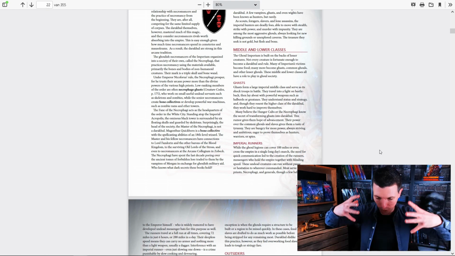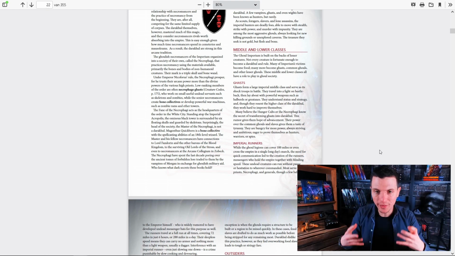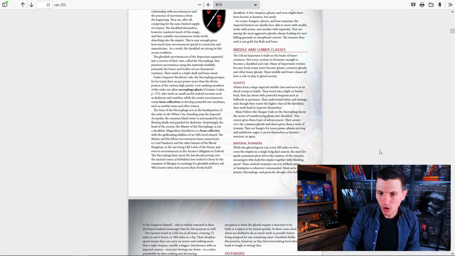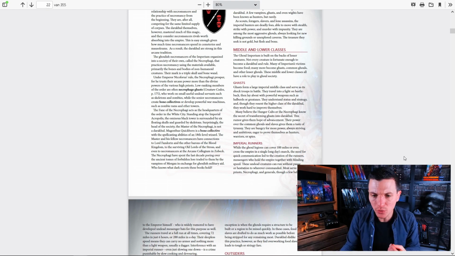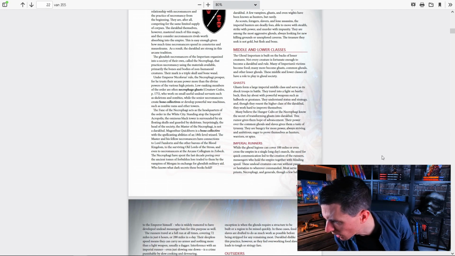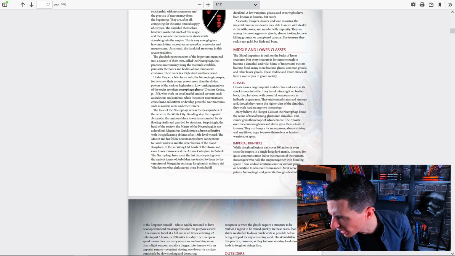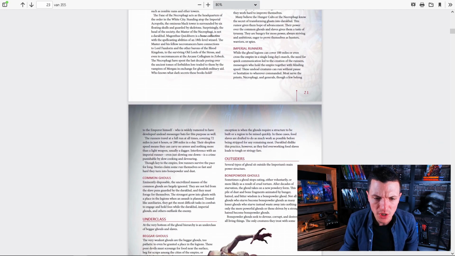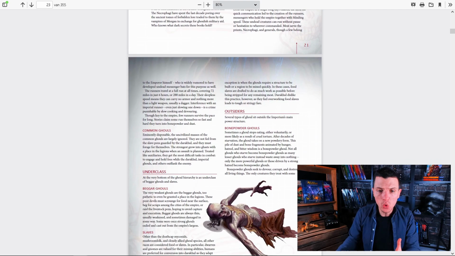The Darakul are the type of ghouls who rule the Empire of the Ghouls, right? Then there are Ghasts, and Imperial Runners, since the Ghoul Kingdom can cover 100 miles even across a single day's march. The need for quick communication led to Imperial Runners. There are also the Common Ghouls, which are kind of middle class.